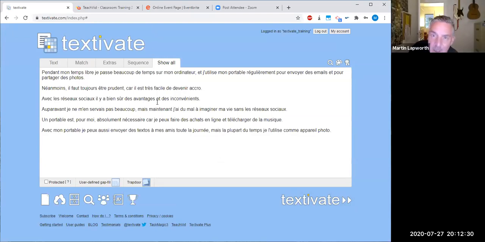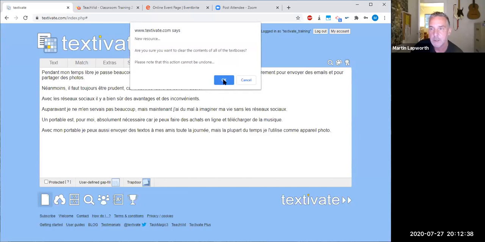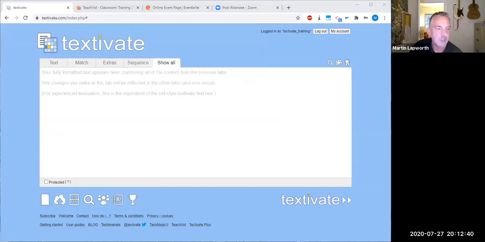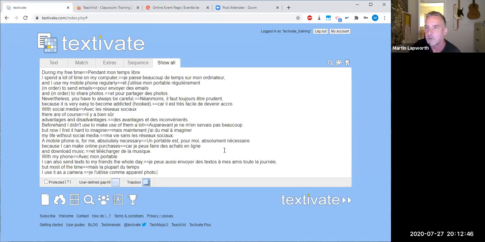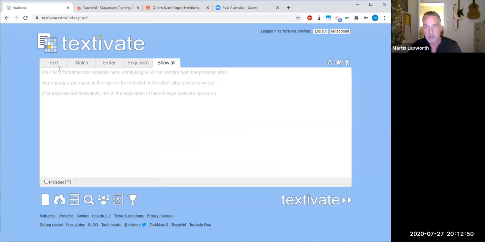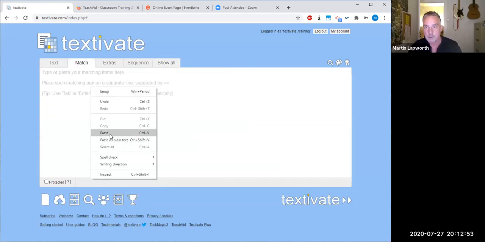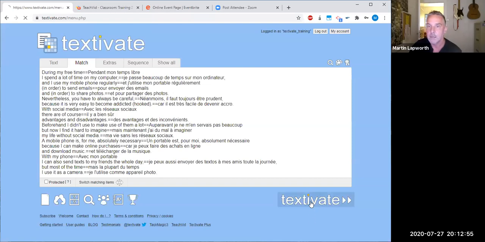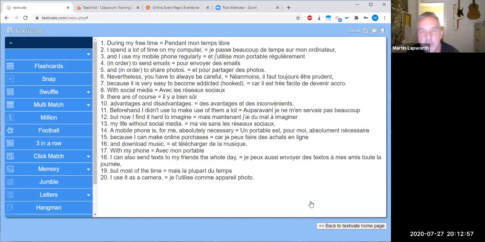Now, after about a year, I think we decided to add the option to add matching items. So I'll start a new resource. I'll add in some matching items, which I've copied. And so the match side of it is very like any other kind of flashcard vocab learning app. Sorry, I've put that in the wrong place. Let's go there. In that you put in a list of matching items, and it gives you all kinds of